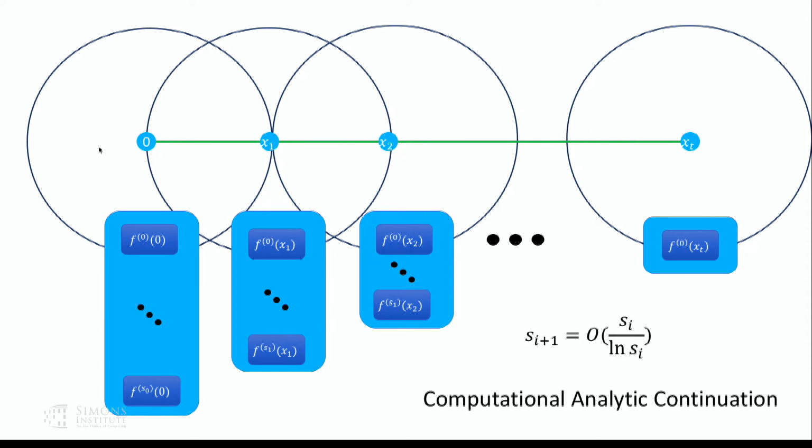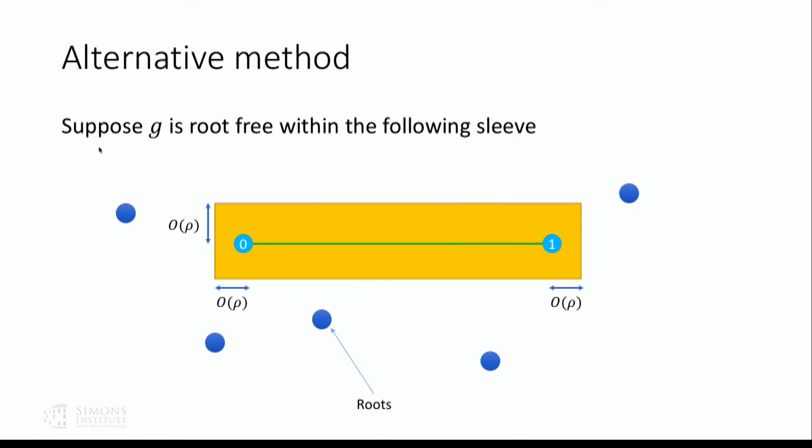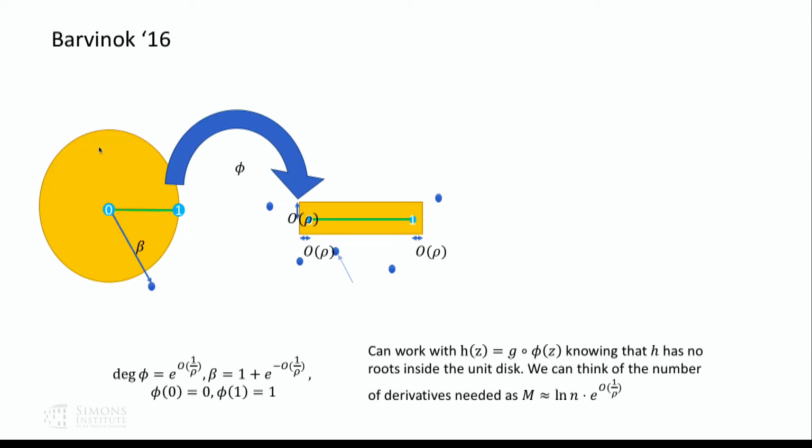And at each point, I discard a fraction of these derivatives and do the analysis and show that, for the particular regime of the mean value and so on, the error converges. So this is the intuitive version. There is maybe a cleaner way to do this that I just mention quickly. If you have, let's say, a root-free strip, instead of a disk, then based on a result of Barvinok,